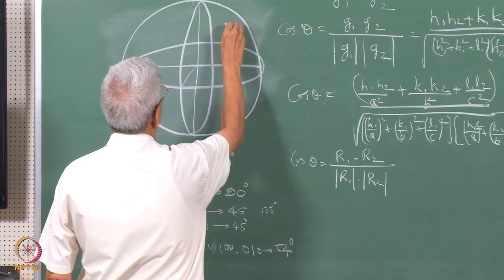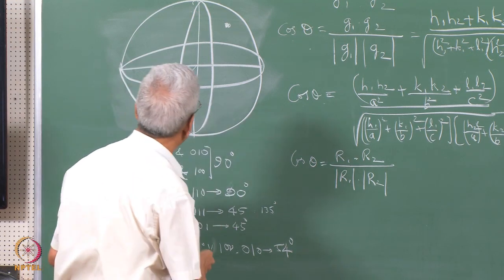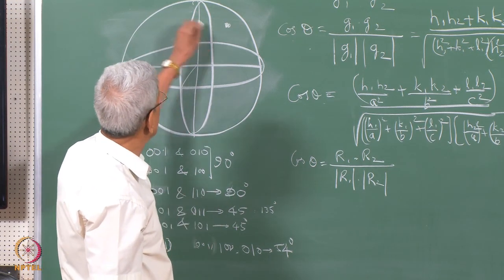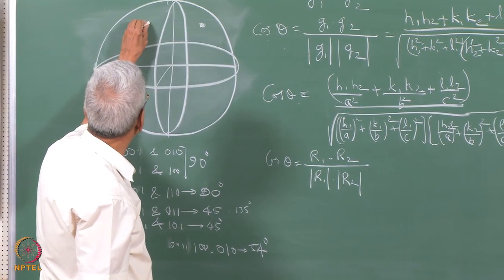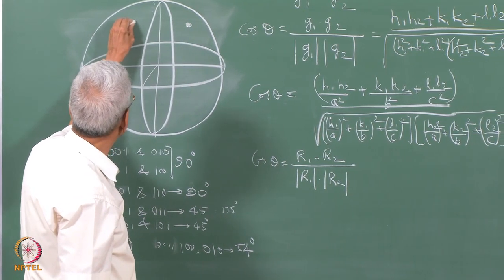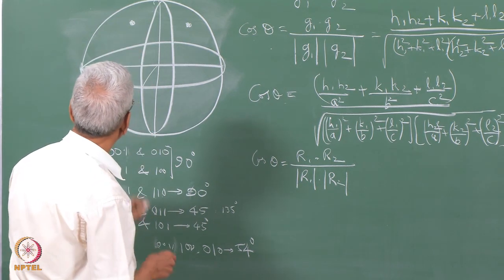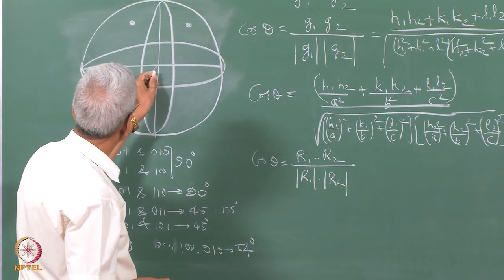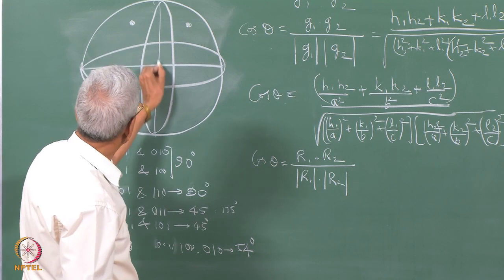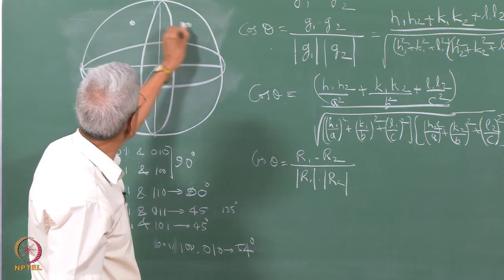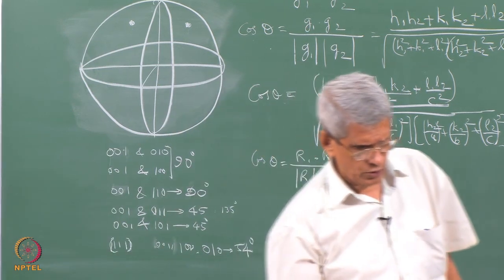Suppose we have a pole here, and this plane is the mirror plane. If this mirror plane is there, this pole will be reflected and it will be coming here, correct. If this is the viewing direction in which we are viewing it, then what will happen is that on the viewing plane this mirror plane will come and these two will appear. That is exactly what is being shown here.